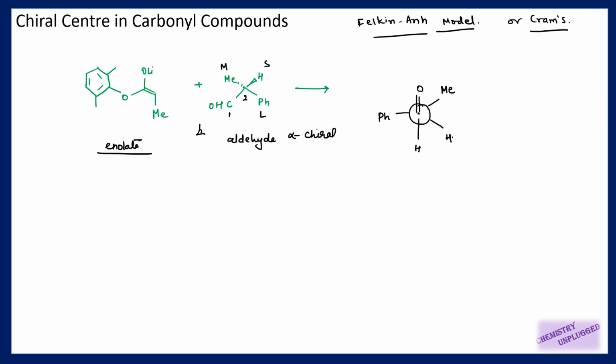The next question is from which side my nucleophile, meaning this enolate, will attack. It will always attack at the Bürgi-Dunitz angle, meaning it will not attack at any angle. There is a definite angle at which it attacks, and this angle is nearly 107 degrees, right? It will attack from this side because it is the unhindered side. We have a smaller size group here, but if it attacks from this side, this phenyl group can cause hindrance. That is why it will not attack from this side. It will attack from the side of the smaller size group.